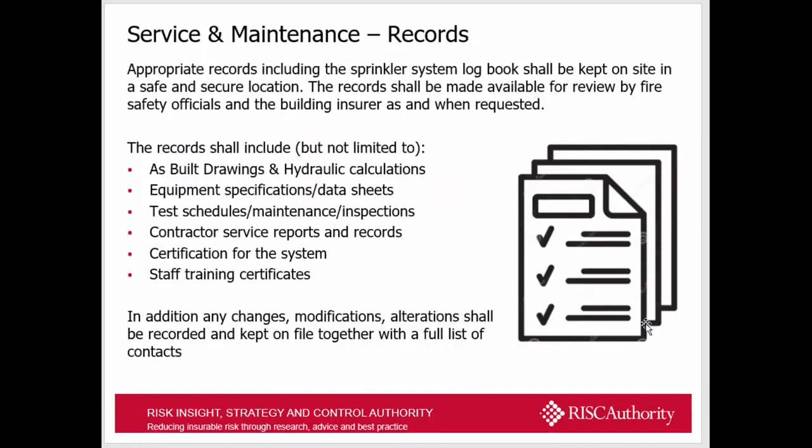So, excuse me, service and maintenance records. Appropriate records, including the sprinkler system logbook, should be kept on site in a safe and secure location. It's imperative that these records for the sprinkler system are kept and filed available for review, because not all sites like to do that. Anybody that carries out the independent annual sprinkler test, the first thing they'd like to do is review the service and maintenance requirements, and if they're not available, then they don't know if